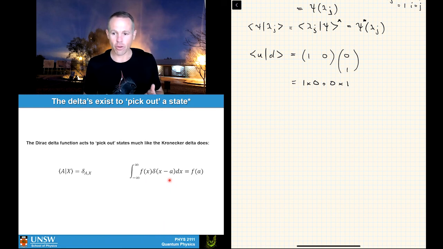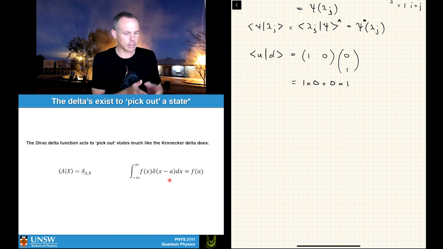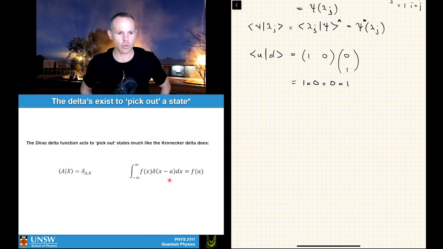For a lot of you, that will fly over your heads the first time you see it. I remember as an undergraduate, the first time I saw it, it went straight over my head as well. It takes a while to get to grips with, but I want to point it out so you see it there. I think at this point I will take a break, and then in the second half I'm going to come back and basically start looking at how operators look like in the functional version of quantum mechanics.